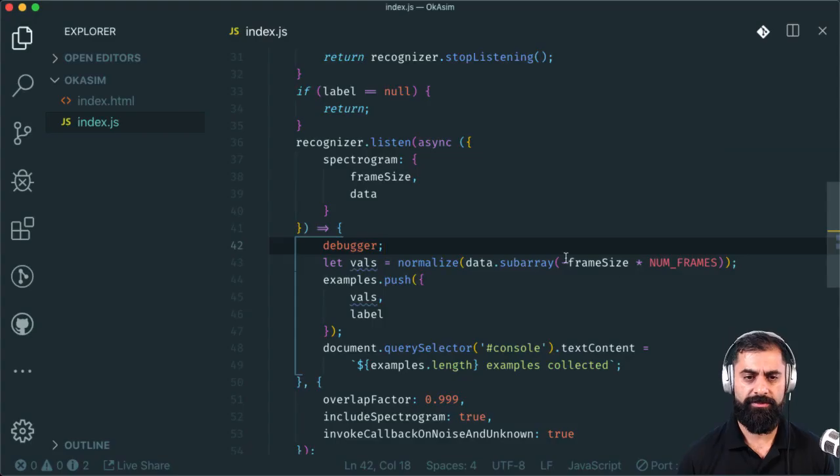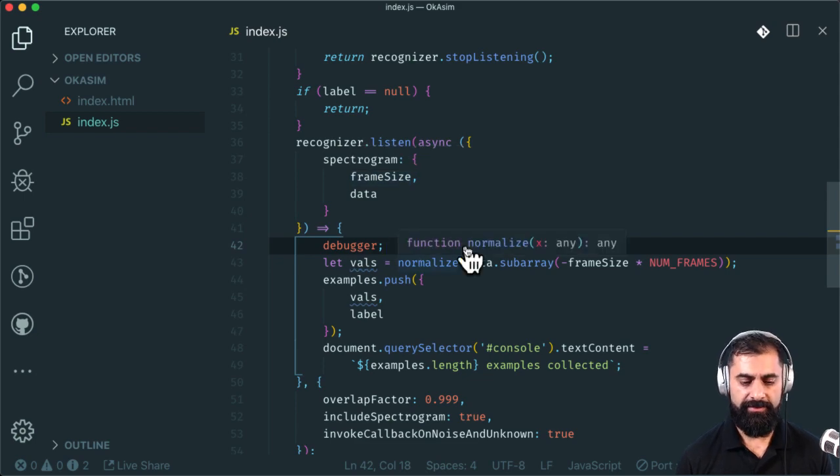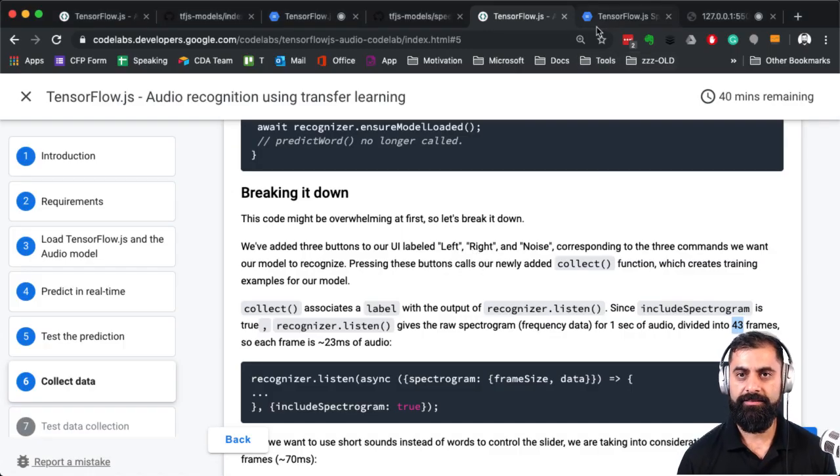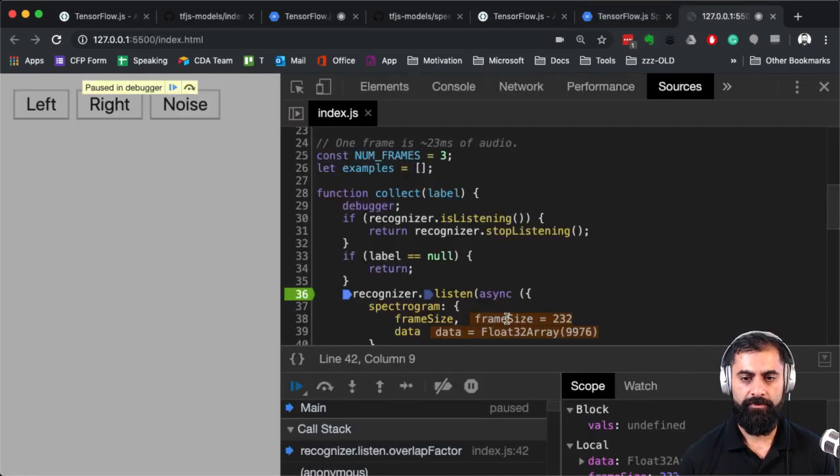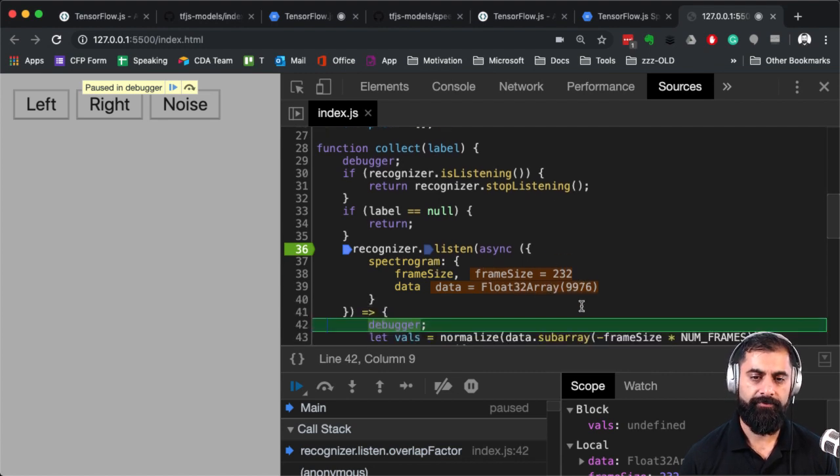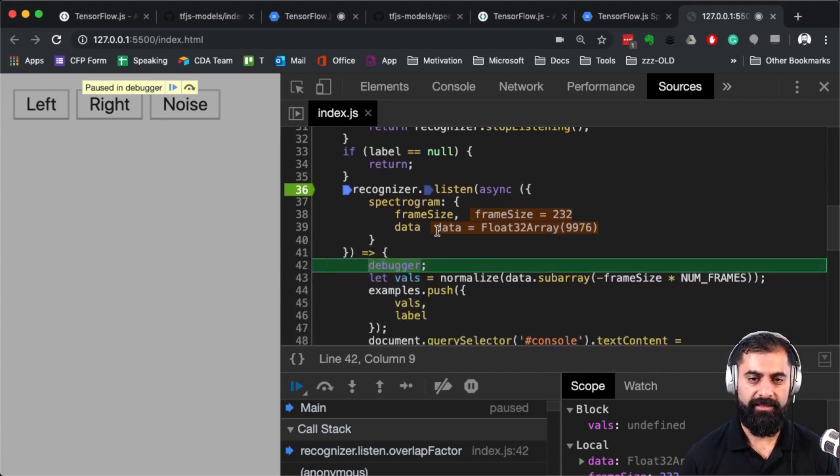Divided into 43 frames. Oh, and the frame size is the number of milliseconds. Yeah, 23 milliseconds. Maybe there's 10 items. Okay. Fine. And then the data, all of that's kind of time sliced up.